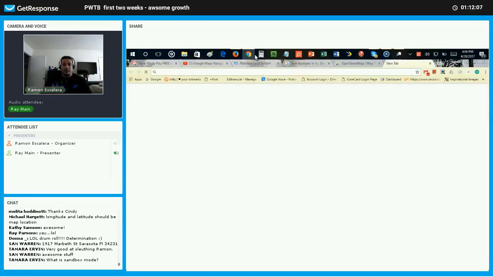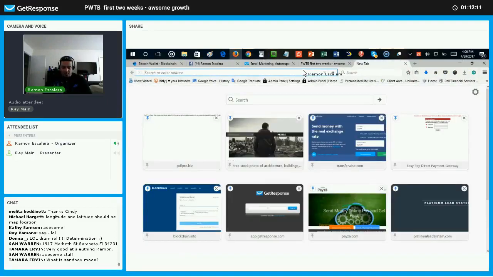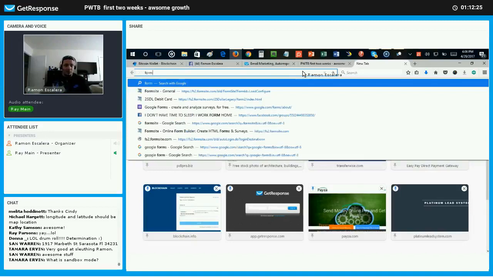So for an example, I'm going to give you an example here. We're going to go here, and I'm going to select FormSite. Or you can even have Google, what's that called, Ray? Google, where you can go to create a Google form. You can add a pay now button there. There is a way that you can do that. Some of you already know how to do it. I do not. But let's say if I was going to FormSite,